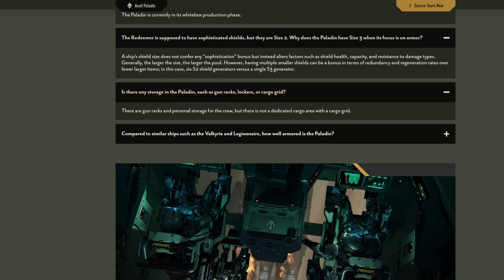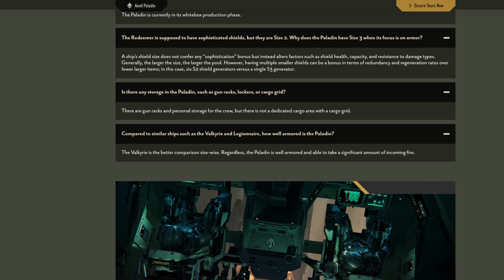Compared to similar ships, such as the Valkyrie and Legionnaire, why would they mention the Legionnaire? How well armored is the Paladin? I guess for its armor. The Valkyrie is the better comparison size-wise. Regardless, the Paladin is well armored and able to take a significant amount of incoming fire. Okay. Man, yeah, all this armor talk, we still haven't seen armor in the game yet, but